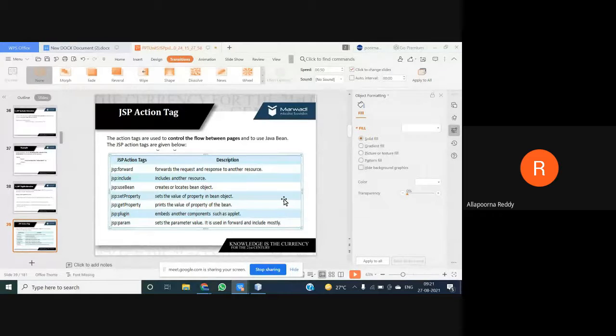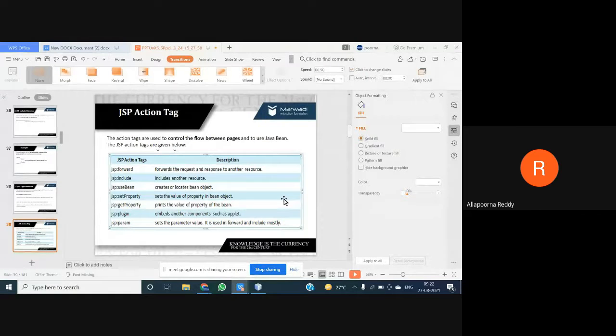So the purpose is the same. There also I'm setting the value for your bean, or it may be any type of object, and this one is about getting the information or value which you assigned to your bean. If you want to know it, then you can know it with this element, right?